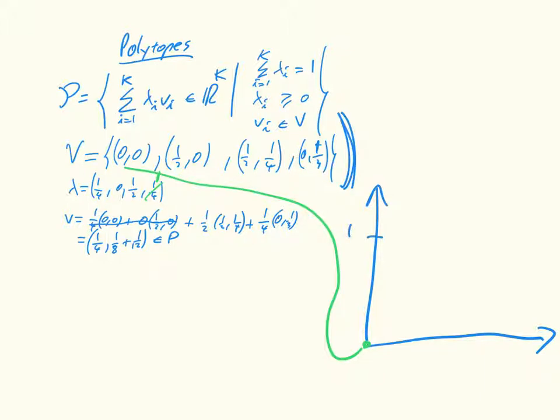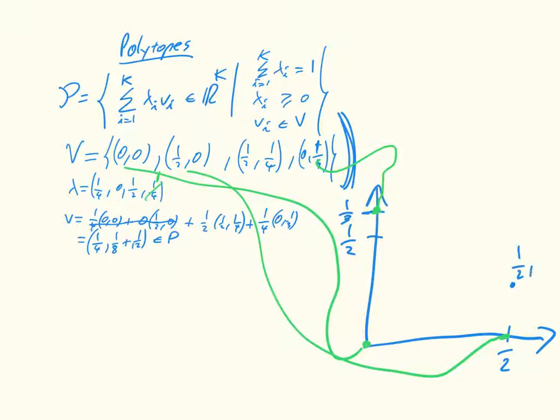Then at a half, and then if we have a third, which will be somewhere around there. So we have this point here, right? We also have this point here, and then finally the other point we're missing is the one here at a half,